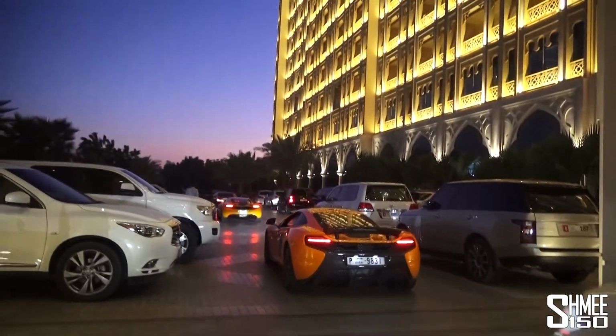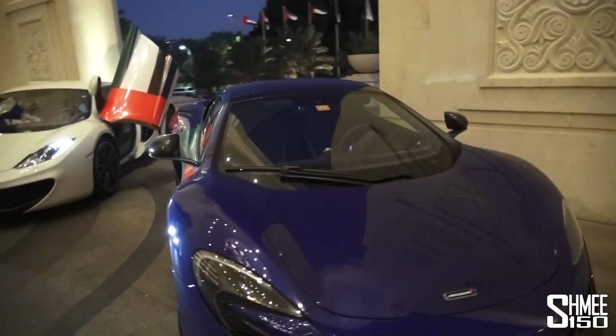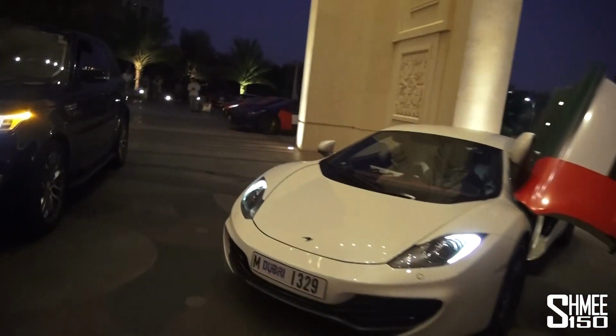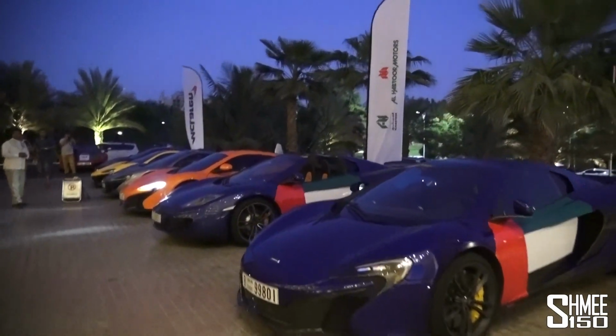Lunch is over, the sun is setting, the hotel has been beautiful, the terrace at the back is stunning, but basically everyone is now setting off to head back to their respective homes, whether it's Dubai, Abu Dhabi, wherever they're going. I think we might end up convoying with some of the other cars, but it has been a cool day and this lineup is very nice too, and so a big thanks of course to